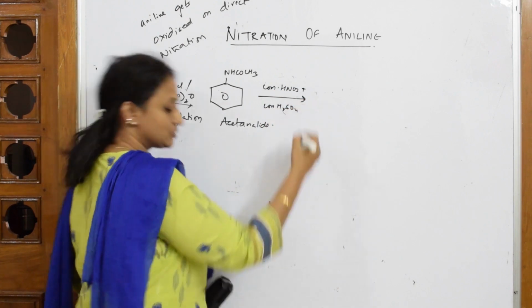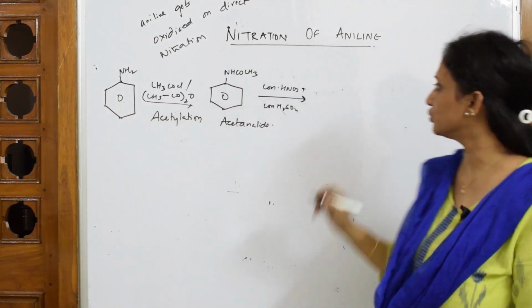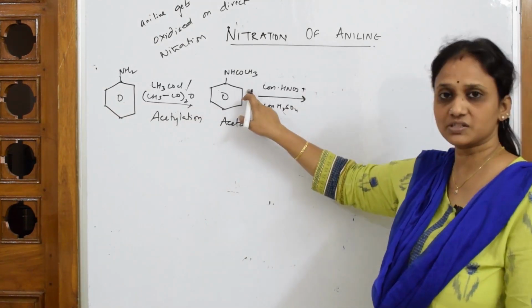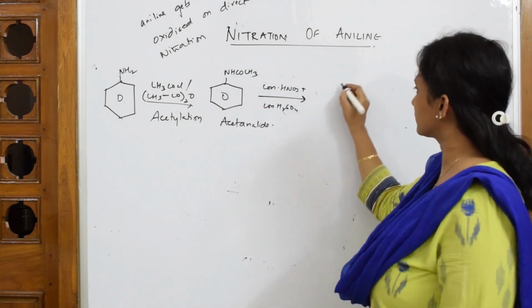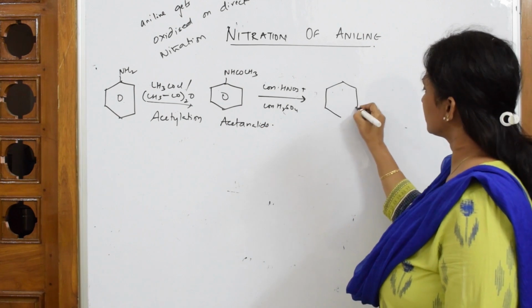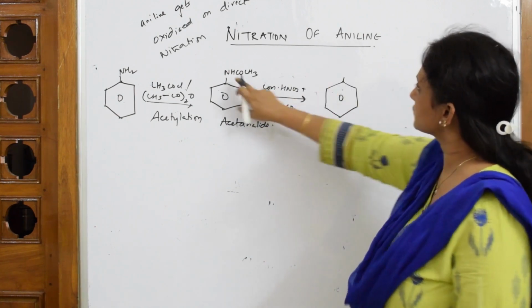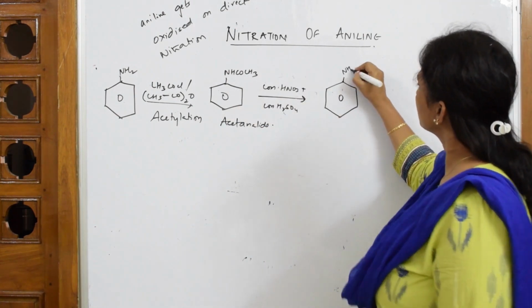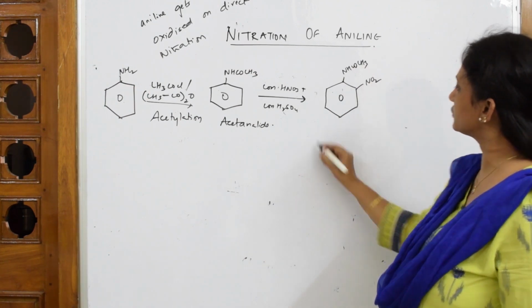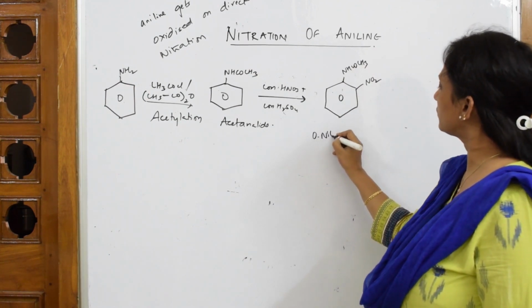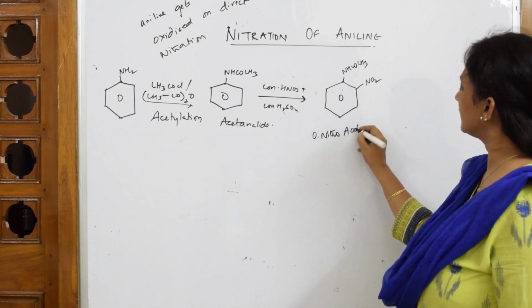When you are adding these two, the electrophile NO2 will go and just occupy the ortho and para positions. You will get both the products. Because of resonance, we have already seen this is already locked, NHCOCH3. You get one at the ortho position. This is ortho nitro acetanilide